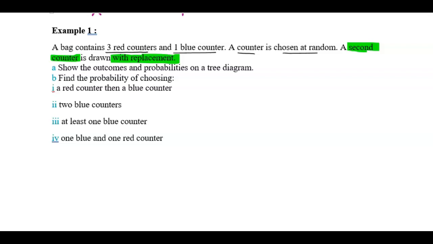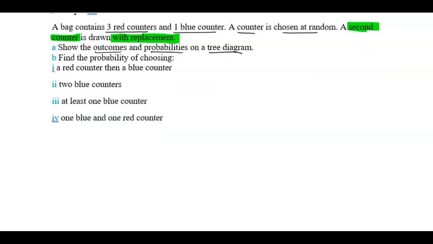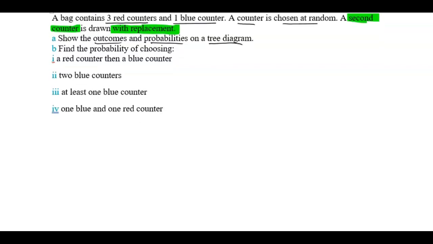The first part of the question says to show the outcomes and probabilities on a tree diagram. So it's a two-step experiment. The two steps are: withdrawing a first counter is the first step, and withdrawing a second counter is the second step. That's what we're going to do first. We have 4 counters in total, 3 red and 1 blue. So the first counter,